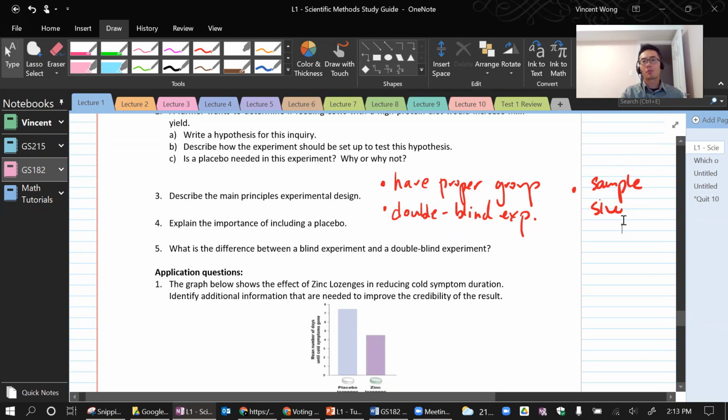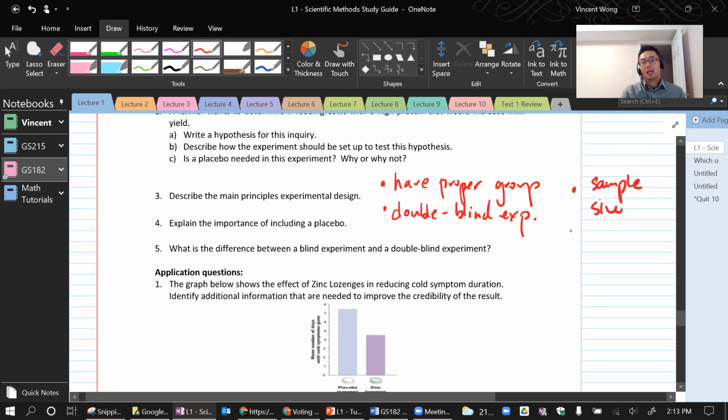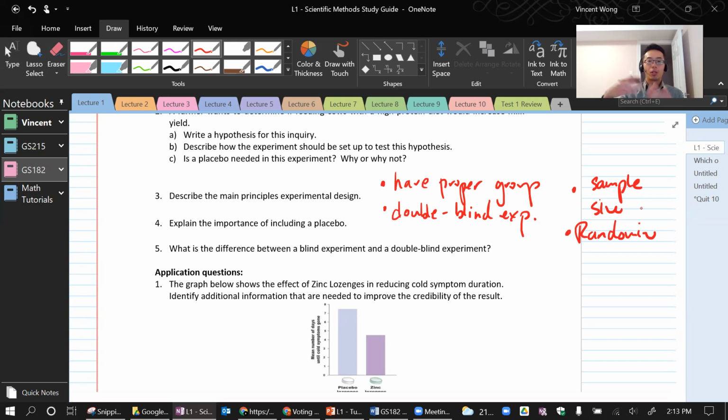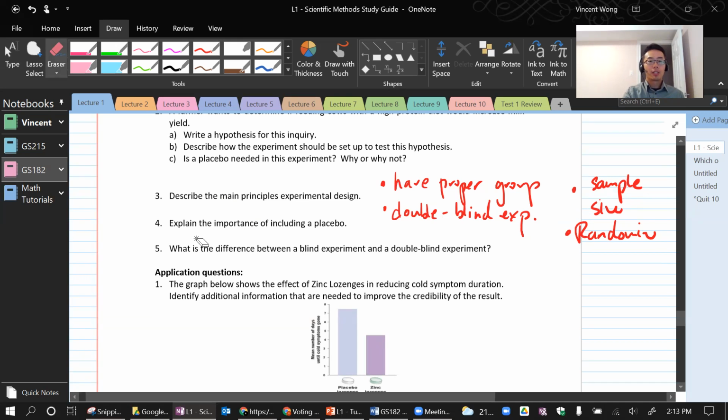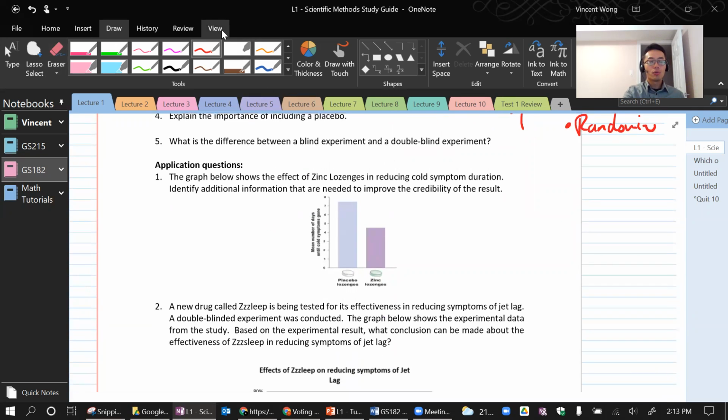It's also important to know that sometimes we're not doing experiments with people, right? Sometimes you're doing experiments on cells. If it's cells, then you can do millions and millions of cells, and that's possible to achieve. And you want it to be a randomized sample, right? You don't want to handpick people. In some cases, you want it to be randomized, and that adjusts for unintended bias in results. We talked about the importance of having a placebo, and we talked about blind and double-blind experiments. So let's do two